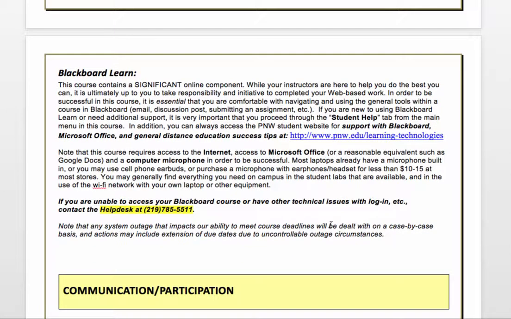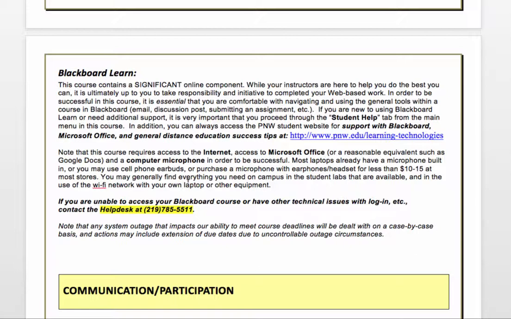If you ever have any trouble, please don't hesitate to call the help desk anytime you need it. They're there for you. You can always ask me too, and I'd be happy to help you, although sometimes we may still have to talk to the help desk depending on your situation. So it just depends on what your problem winds up being.